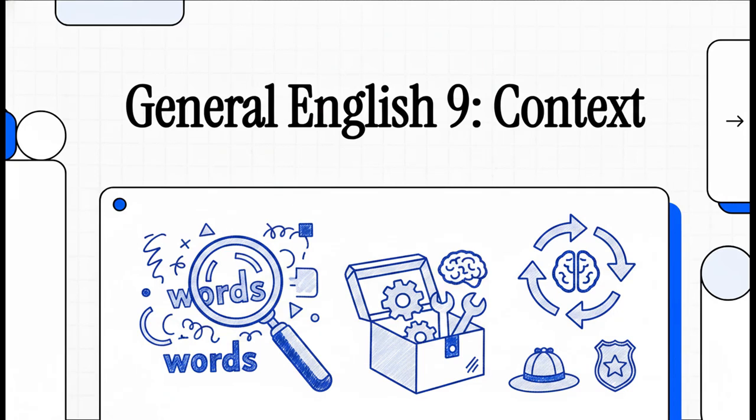Welcome to this explainer for General English 9, Unit 4, Lesson 6. Today we're focusing on determining the connotative meaning of words and using context as a clue to meaning. Think of this as building a highly transferable toolkit for cracking the code on unknown vocabulary. We're moving way beyond just guessing, and we're going to learn how to methodically break down the language we encounter